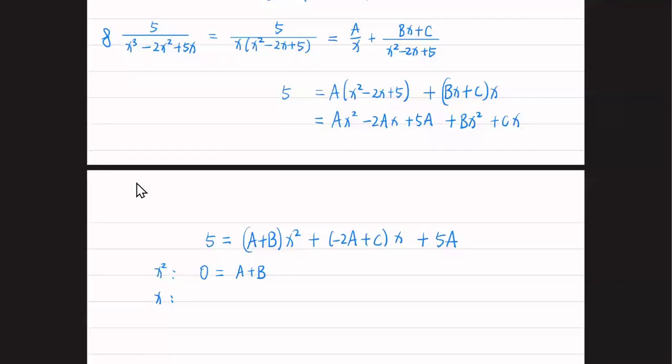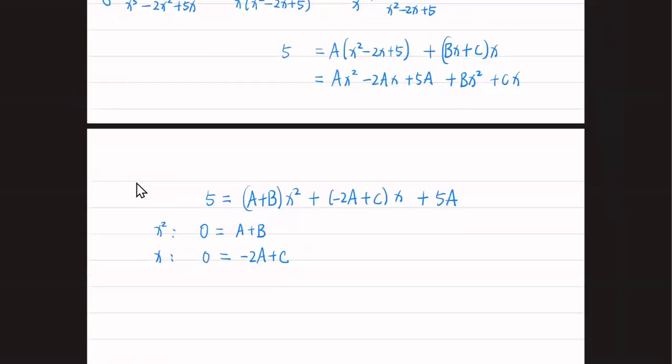What is the coefficient of x on the left side? 0. Okay, there's no x, so it's 0. And on the right, what's the coefficient of x? Negative 2a plus c. And Elisa, the constant term on the left? 5. On the right, 5,